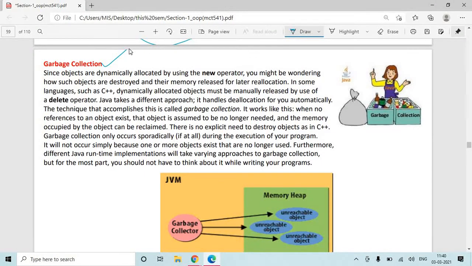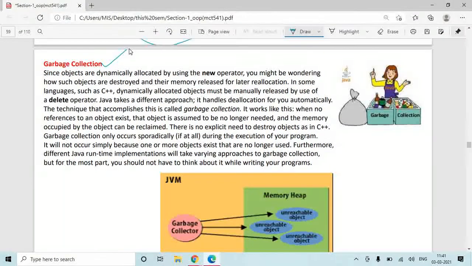Whenever your object goes out of scope, meaning the last line of the function in which the object is created, your destructor gets called automatically and it releases the memory which was allocated to the object during creation.